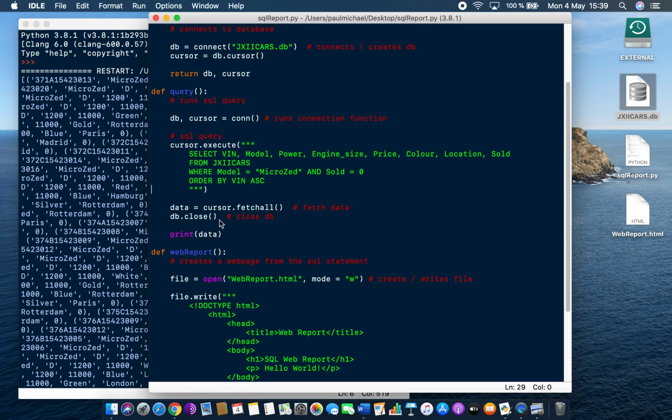So I now know that print data works. Instead of print data, I'm going to write return data and take away that bracket again. Just like we did up above here, we're going to return DB and cursor. Here we're going to return the data. So we're doing this query and returning the data. Then the next thing we want to do is run